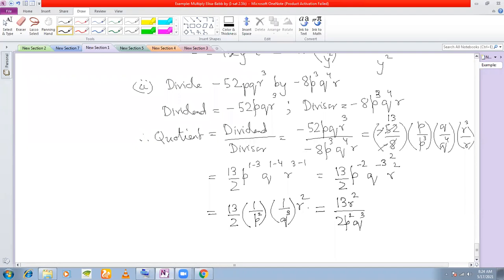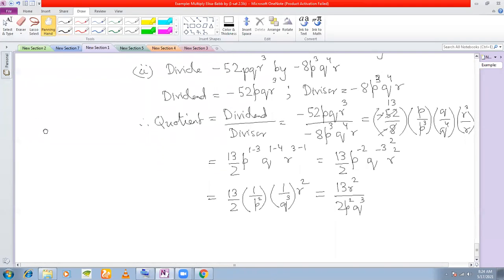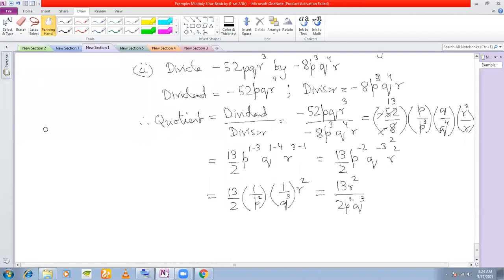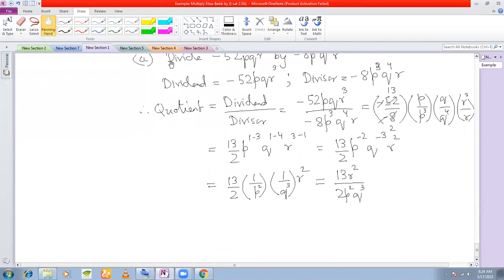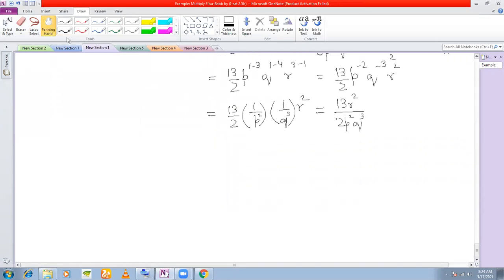Yes, who was saying? Anyone asking anything? Sir, can we write the answer in decimal? No. Prefer to write in fractions. Yes, prefer, you always try to write your answer in fractions because fractions are easier to work with. Okay. It also depends on the question. Most of the questions will have fractions. You will not have decimals.